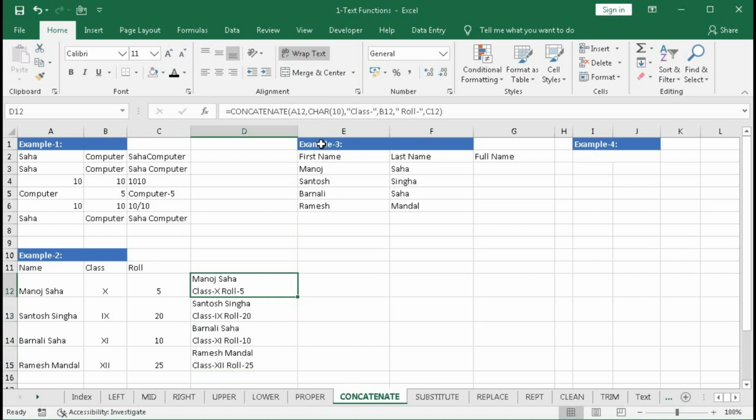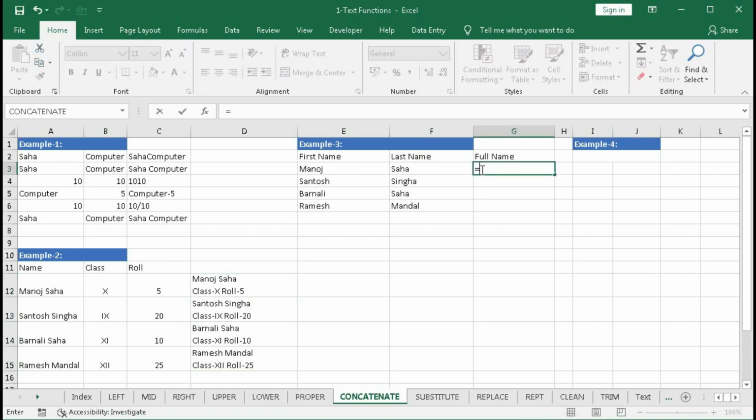Now we will learn the third example where we want to join the first name and last name. You may get data that is in separate columns. The first name is in one column and the last name is in another column. And now you have to join this text and create a full name. So how to do that?